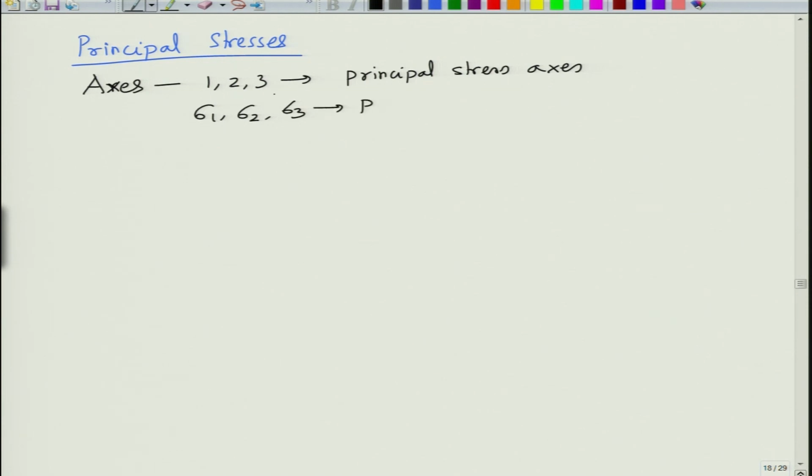If 1, 2, 3 are principal stress axes, the stresses along these are called principal stresses. So based on the characteristics of these stresses, one can define an equation